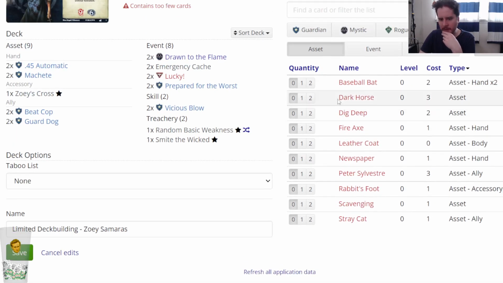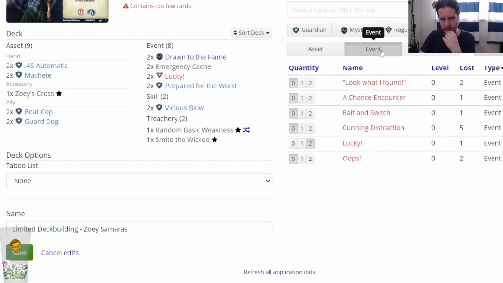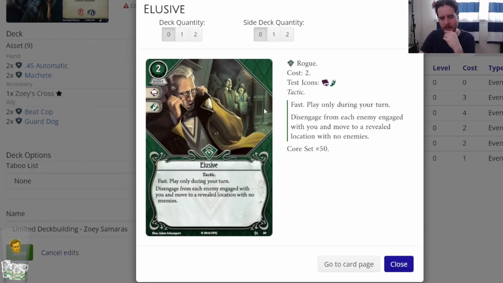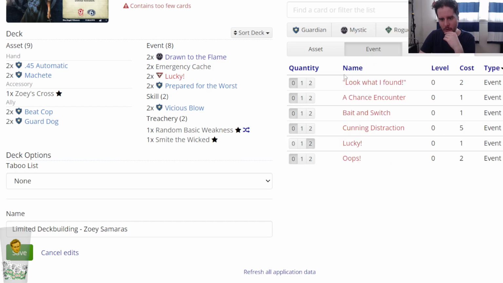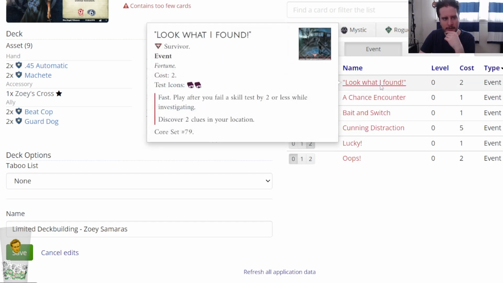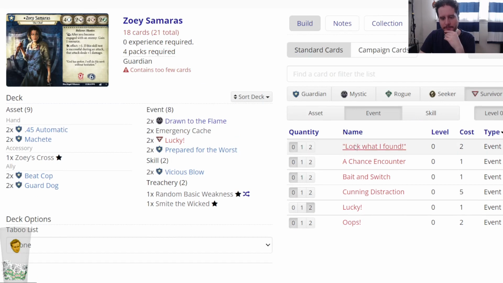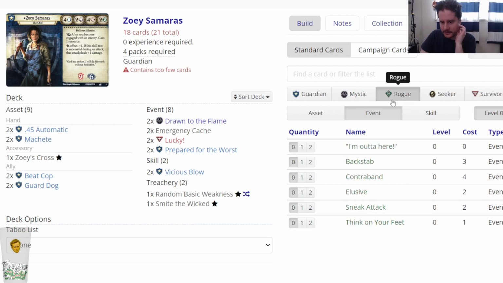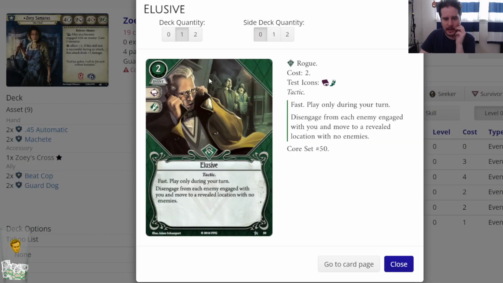You know what's probably the good one? It's either going to be a 1 of Elusive or a 1 of Look What I Found. With Look What I Found, because you have 2 book, if there's a 2 Shroud location, using Look What I Found on that test will give you 2 clues at that location. I do think Rex is probably going to get enough clues that this is not going to be needed. So then, realistically following that line,